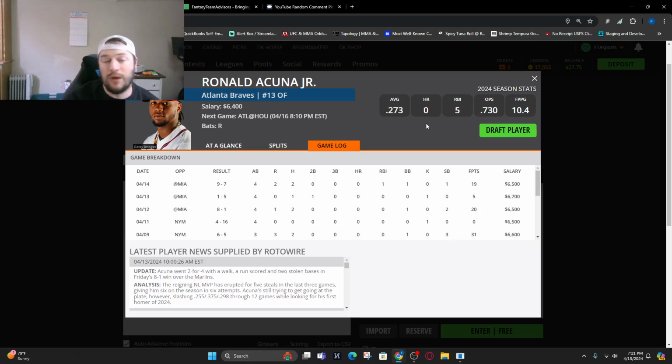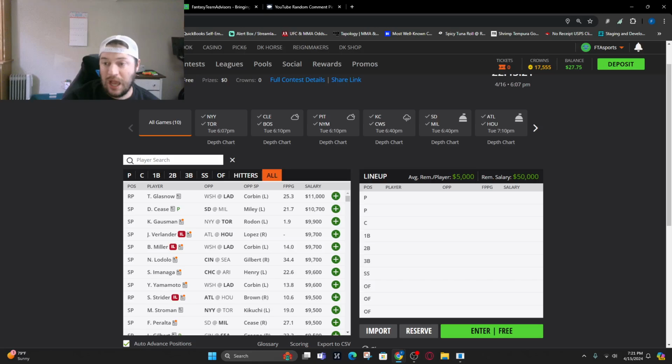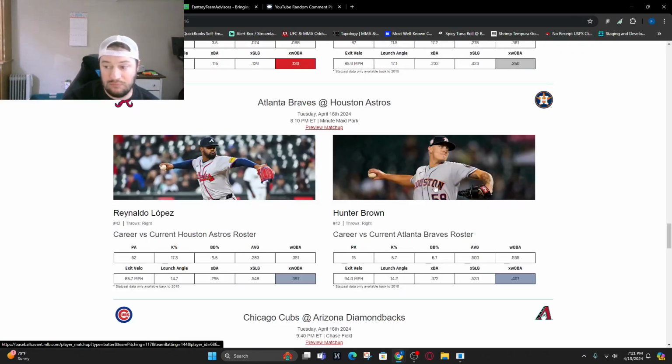The home runs will come. If there is a cure for Ronald Acuna's home run drought, it's Hunter Brown. So again, Acuna is expensive, but if he doesn't hit a home run, he's still getting on base and still stealing bases. So I would not look at...